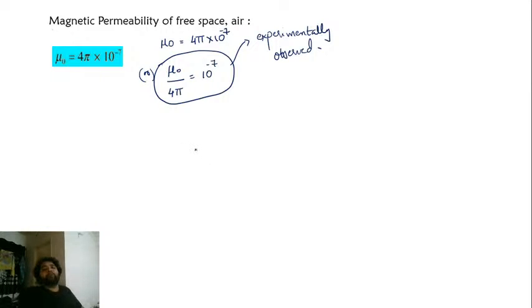Now, how will the unit of mu naught come out? Let's find it out. The unit of magnetic field was Newton per ampere meter, right? Magnetic field will have a unit of Newton per ampere meter. This will be equal to mu naught into current into length, so let's look at the dimensions once. I'm pretty sure most of you are already good at dimensions, but I will derive it in some ways which I know. To derive dimensions, you need not remember everything. You just need to know a few things.